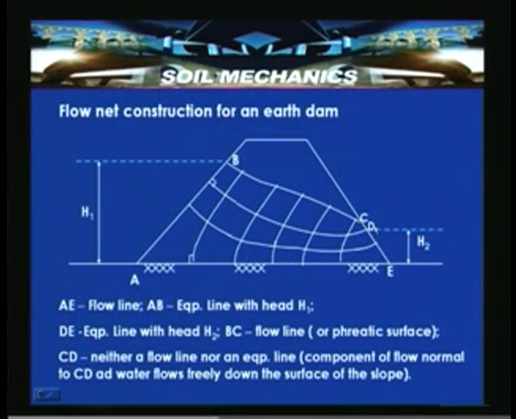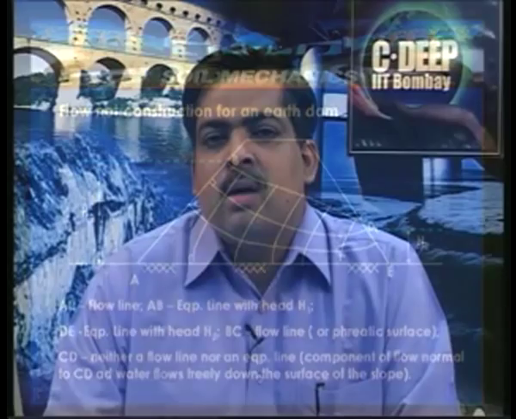So, here if you look into the small zone where the CD is, that happens to be a point which qualifies both as an equipotential line as well as a flow line, because there is a flow occurring perpendicular to that particular portion. If you look into the zone very close to CD, it has a flow perpendicular to it, and there is also a chance that the flow can take place downstream along the slope. In that case it is actually neither a flow line nor an equipotential line. So, this type of discrepancy does exist within these small zones